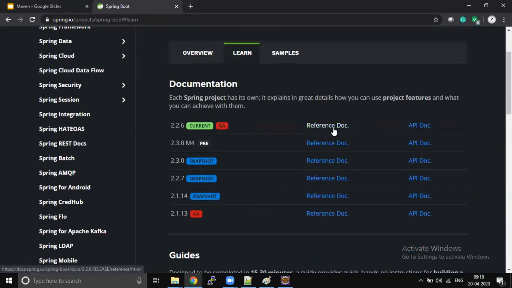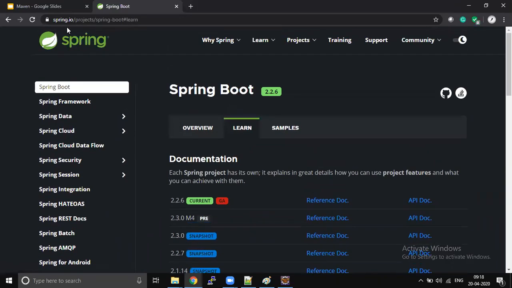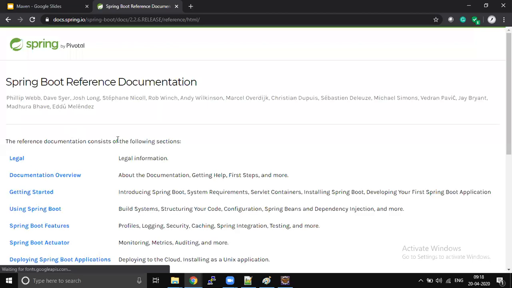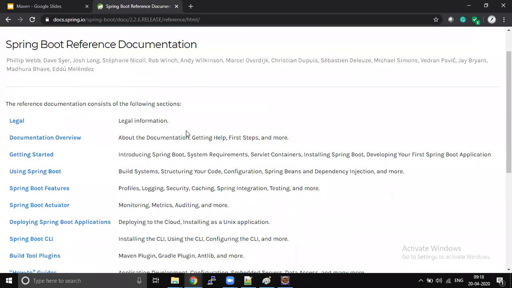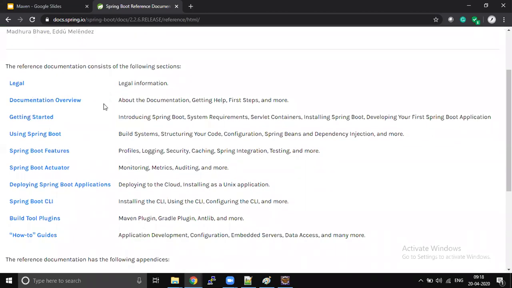So we are going to follow the reference document. First the Spring IO project, Spring Boot, learn the reference document. Spring Boot provides super documentation. I love this. So we are going to learn this documentation. Here are the steps, a very high level index.